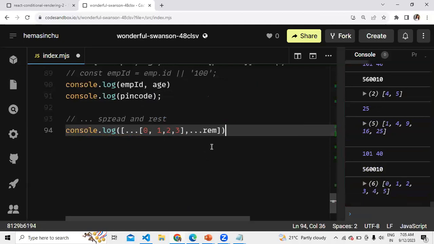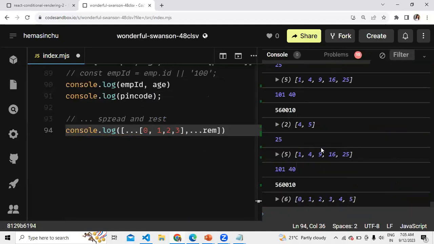I want to concat them into one single array. See, I got a single array, 0, 1, 2, 3, 4, 5. So this syntax is spread.